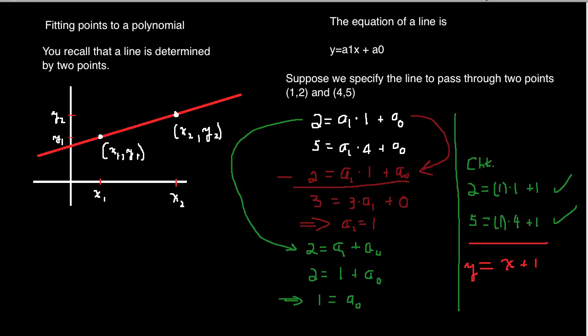I want to talk about fitting data to polynomials, and I'm going to begin the discussion by talking about a polynomial that we know very well, and that's the linear polynomial, the equation of a straight line. And the equation of a straight line, we know, can be written in the form of y equal to a sub 1 times x plus a0. You might be used to seeing it written like y equals mx plus b,